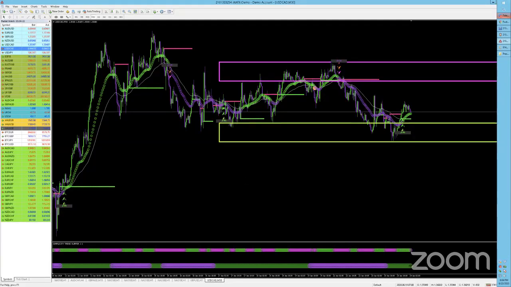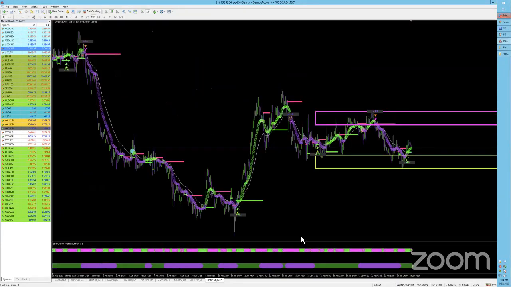But in terms of checking multiple timeframes, what I have found, especially with the triple arrow system, and I'm sure it would be comparable with this system, is if every time frame is telling you to buy, all that's telling you is that every time frame is pushing down. So we don't want every time frame to be in alignment. Even when I first started out with the company, obviously this is a reversal system, so I was trying to cross all my T's and dot all my I's, and I thought that would be the best case scenario. But that's turned out to be in actuality the worst possible case.